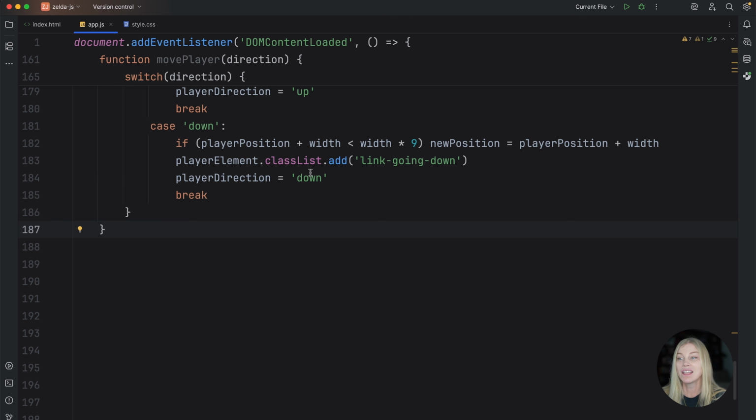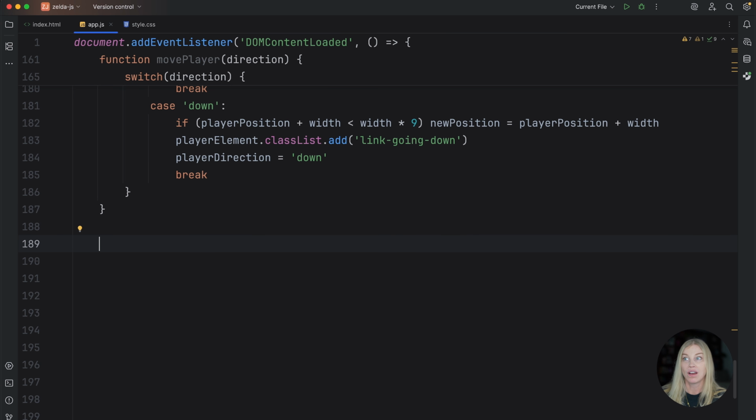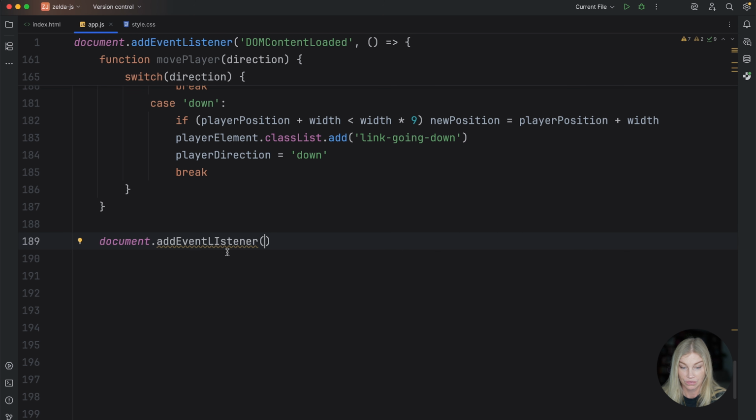Okay, so I think we should check this out. So in order to do this, we actually need to hook this up to listening out for keyboard inputs. So keydown is what we're going to listen out for. So document add event listener, just like so. And we're going to listen out for any time we press a key down on our keyboard,